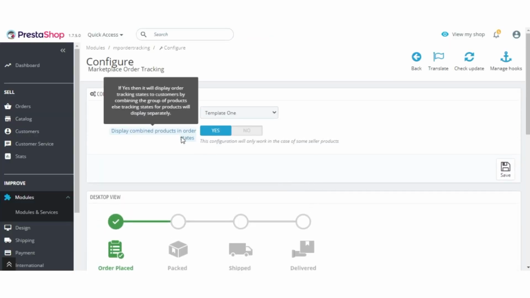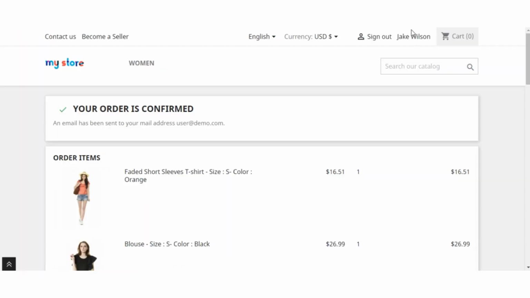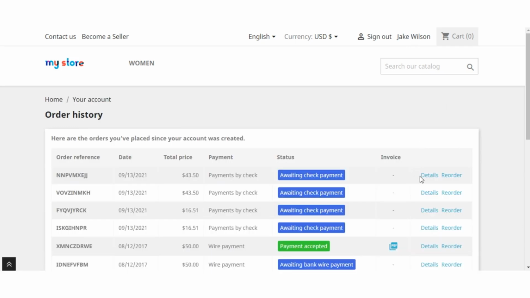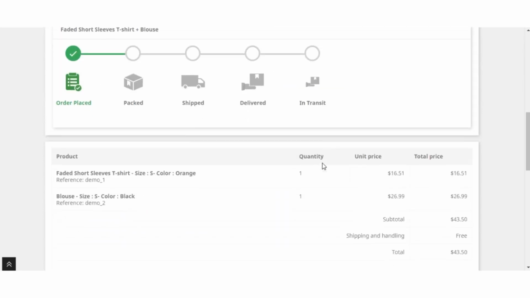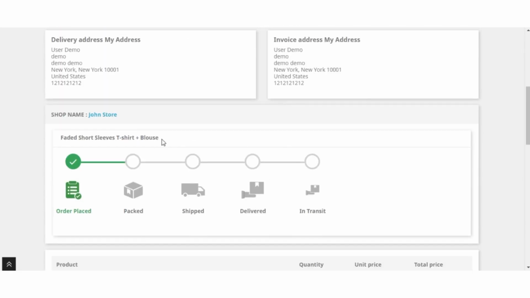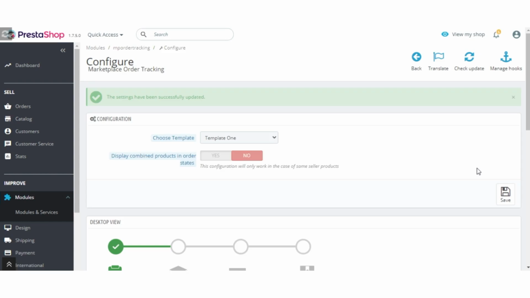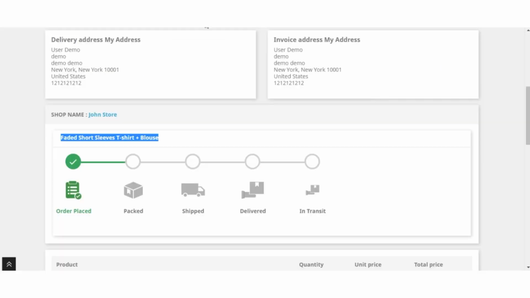If admin has enabled this field, then the order tracking states of both the products combined will be displayed on the order details page, and if admin has disabled this field, then order tracking state of each product in an order will be displayed separately.